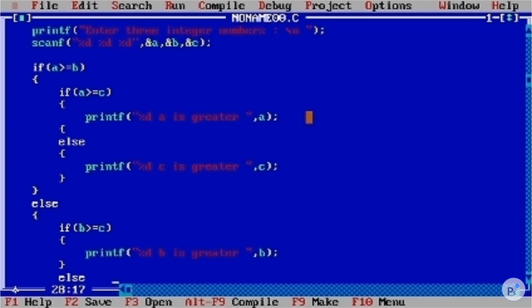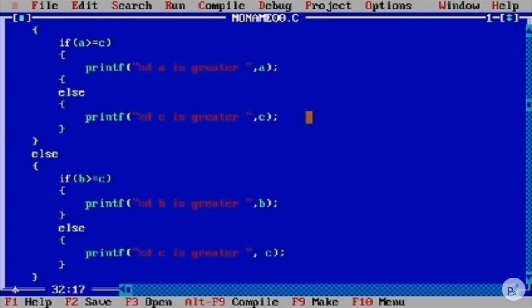So it will jump over to this block and check if b is greater than or equal to c. If b is greater than or equal to c, then b is obviously greater, else indirectly c is greater, because we have compared it in the upper condition, as b is greater than a, so obviously it's smaller than c, so c will be greater.